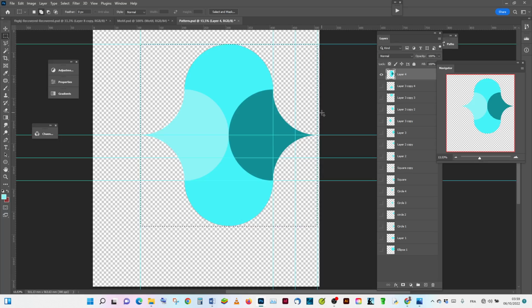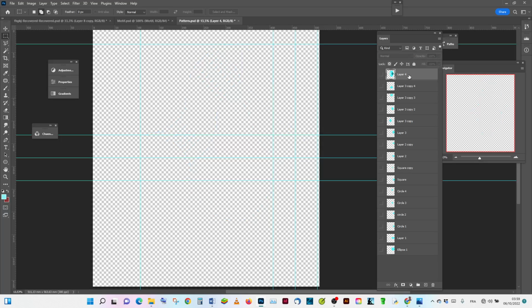This is the name of my pattern. Once my pattern is created, let me press Ctrl+D to deselect, and I will now create a new layer,